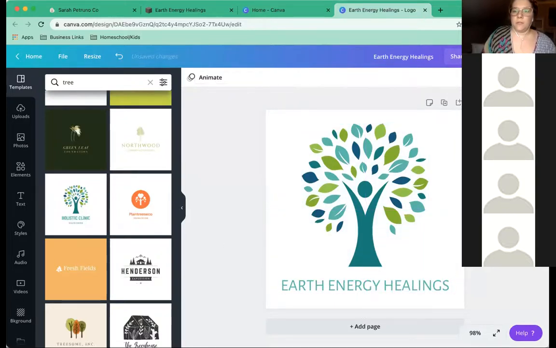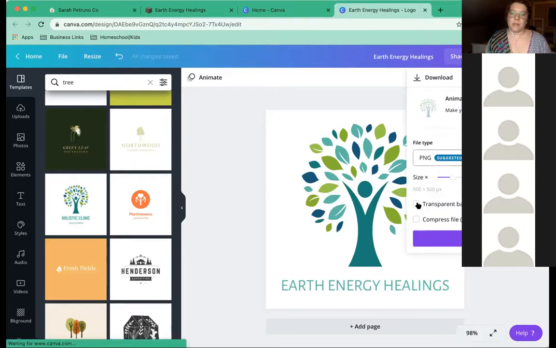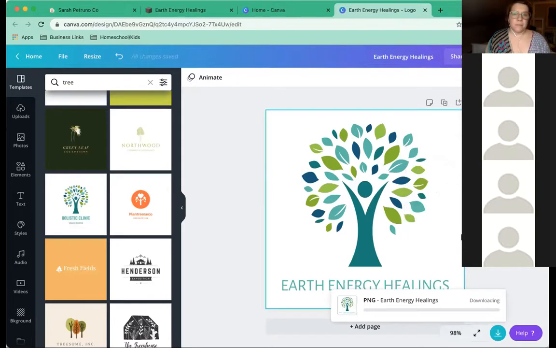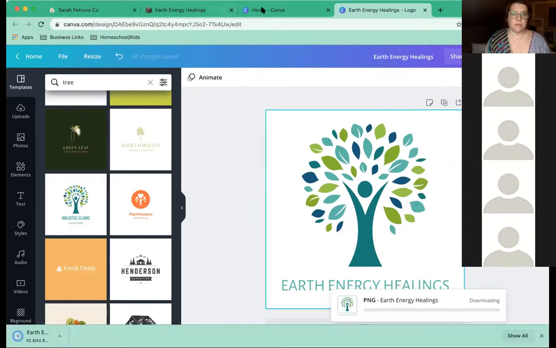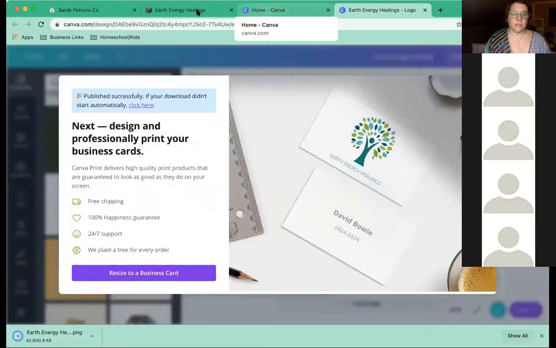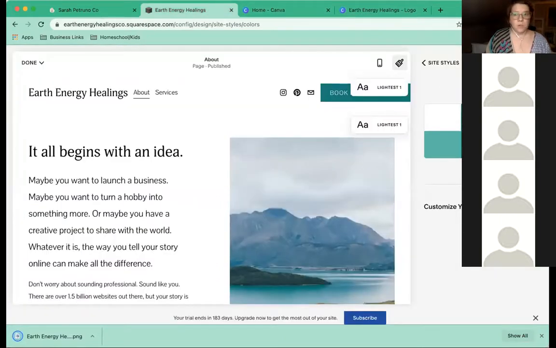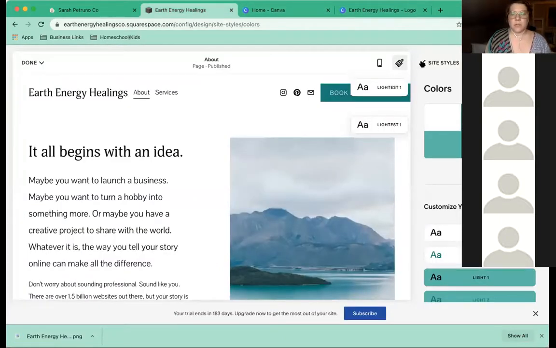And then now what we're gonna do is, so we got our logo here, which I don't even know if I like, and I might change it, but here we are. We're just going to go to download, and then I'm going to do PNG so that it's a transparent background, so that it's transparent with whatever page we're on. So we got our logo downloaded, and now we're going to go back here to site styles,